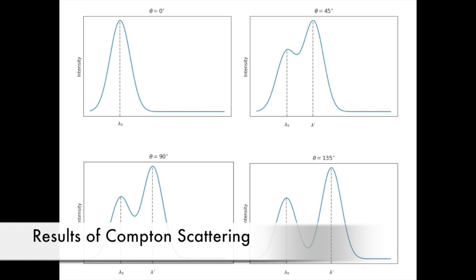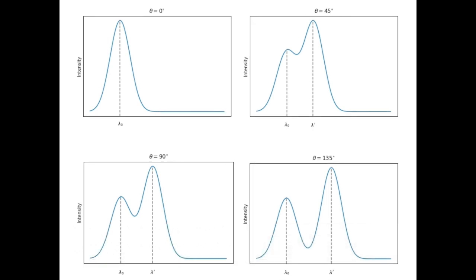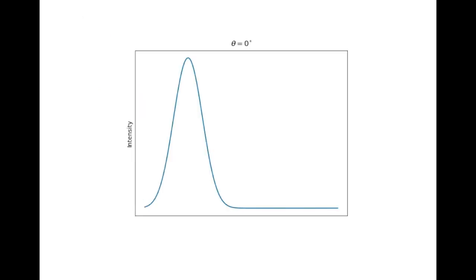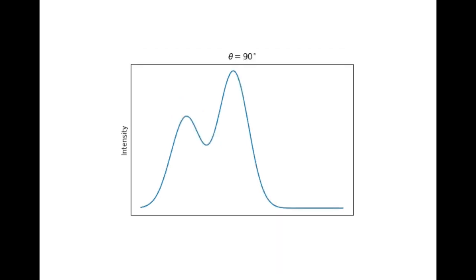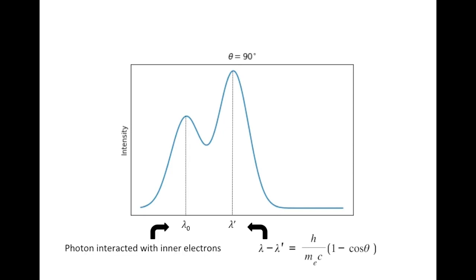Where did this complex mathematics lead us to? Now let's look at the result of Compton scattering. These graphs are showing the intensity of light at different wavelengths after the Compton effect, at the angles of 0, 45, 90, and 135 degrees. As you can see, the amount shifted increases with the angle, just as expected from the equation. At the angle of 0 degrees, we have the peak at lambda naught, since the light is unshifted. If we look at the non-zero angles, we have two peaks. One of the peaks is at lambda prime, which is predicted by the Compton shift equation. We also have another peak at lambda naught, which is caused by the light interacting with bound electrons and shifted